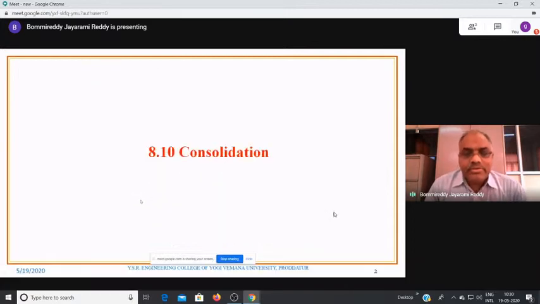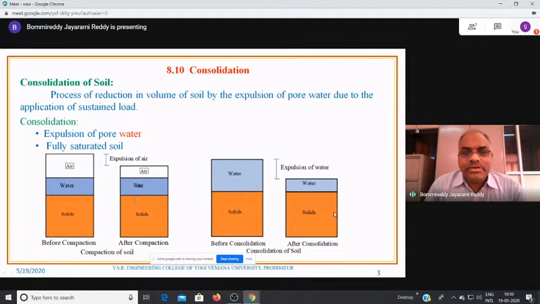Today we are going to take up the class on consolidation of soils. Last class we have seen the chapter on compaction. In that class we have observed all the differences between compaction and also consolidation process. And as you know, both consolidation and compaction are processes of reduction of volume of the soil mass, but